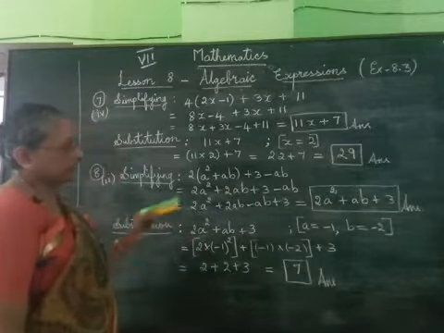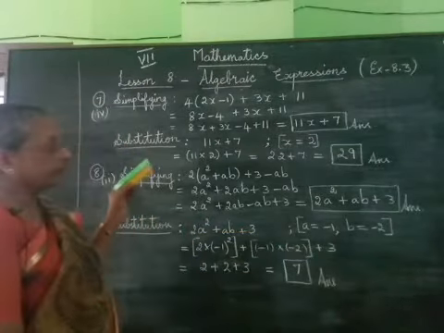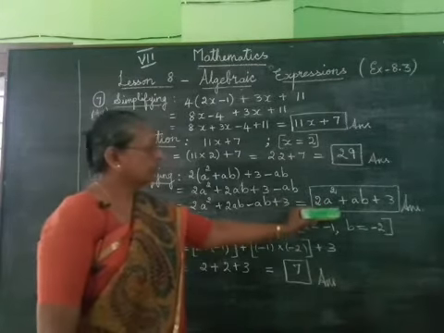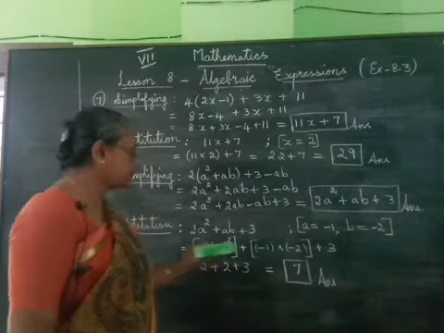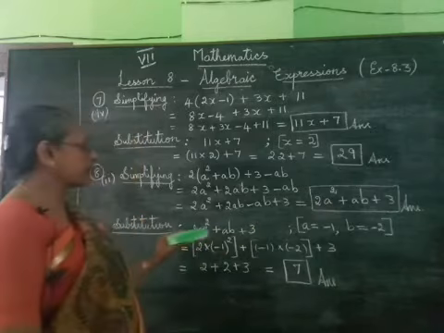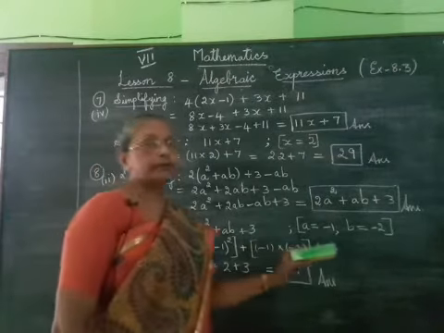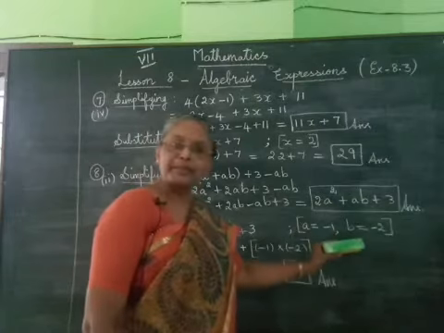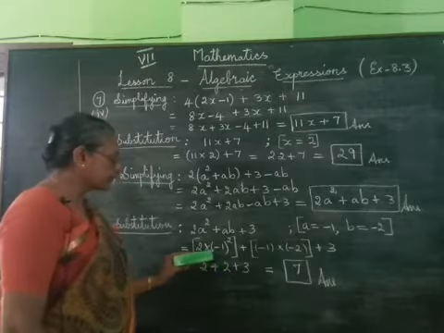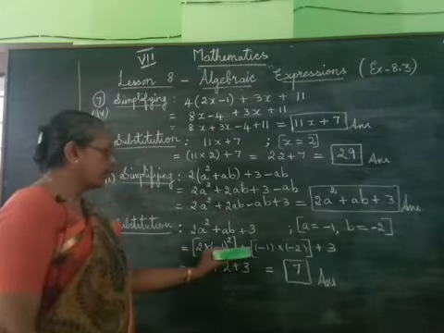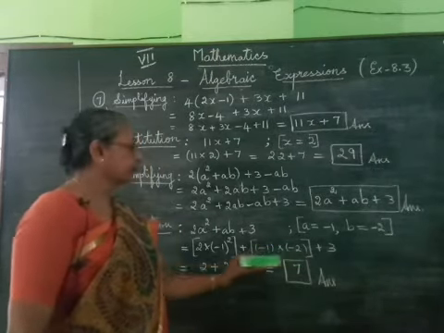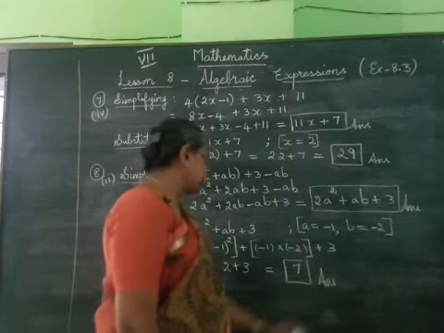So, we have 2a² plus ab plus 3. Now, the next, this will be the first answer and we have to find the value for the expression. As we did in the earlier sum, we will take the simplified form of the expression and put the values for a and b. So, for this expression 2a² plus ab plus 3, we are going to put the value a is equal to minus 1 and b is equal to minus 2. So, when we put for a value minus 1, we get 2 into (minus 1) whole squared plus here a value minus 1 into b value minus 2. We have put it within bracket, plus 3.